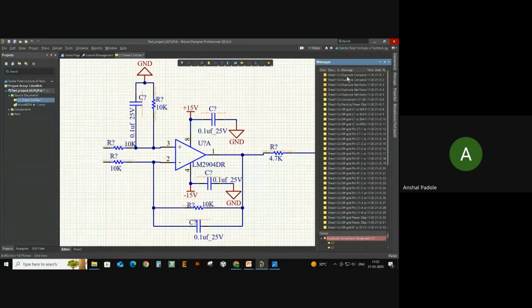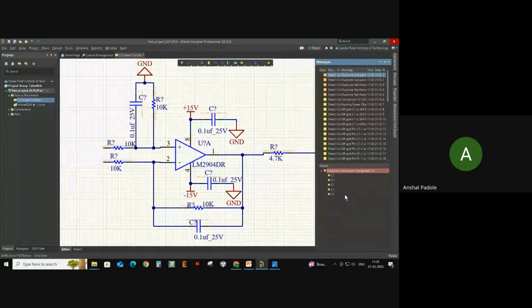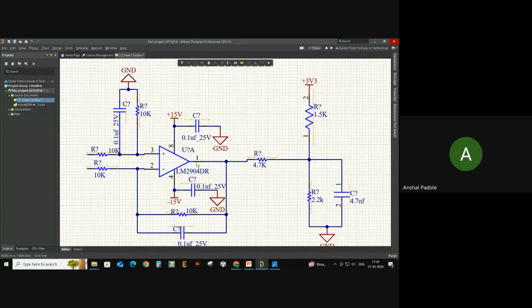At first you can see that it is being displayed in multiple colors. There is yellow colored, then there are orange colored. So what are these orange colors? Whenever I hover my mouse over this orange color, it will display error, which means these are basically the errors. Whenever I select one and go to the details section, it says duplicate component designators. As you can see over here, all my capacitors, resistors, components are basically not named,